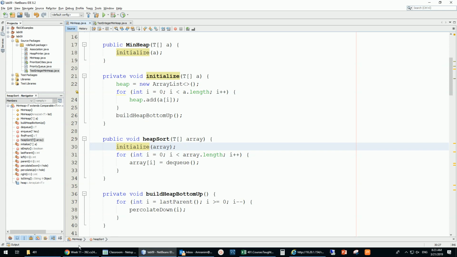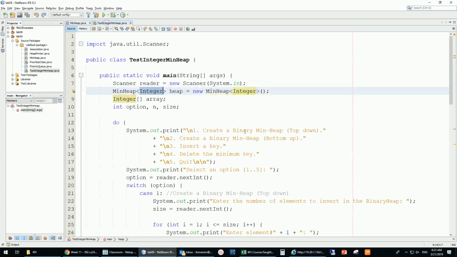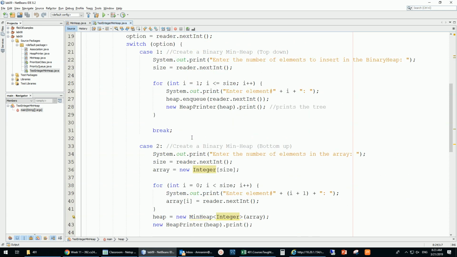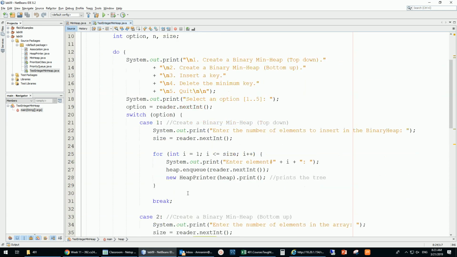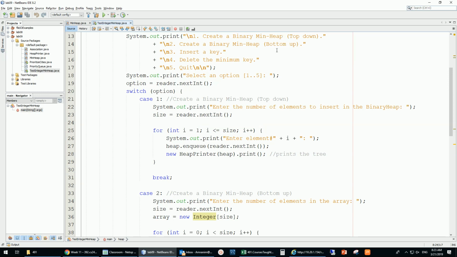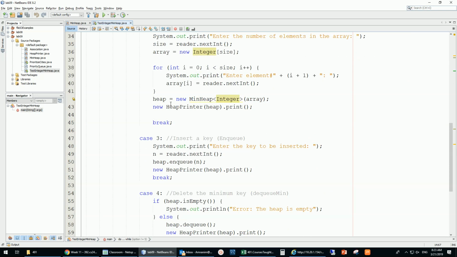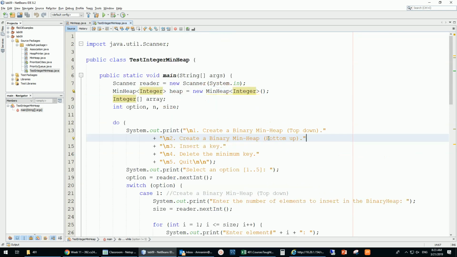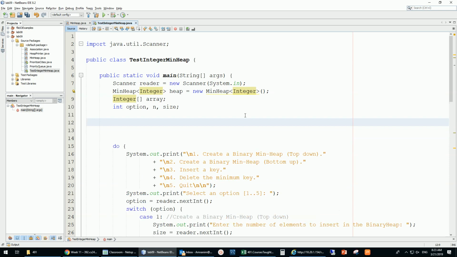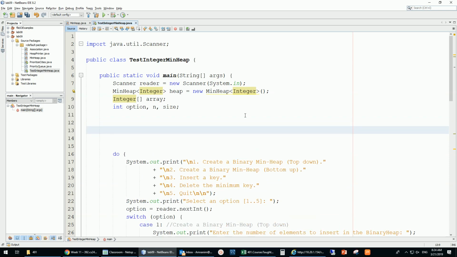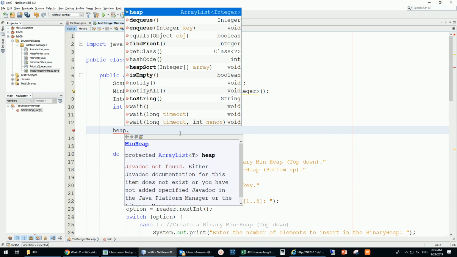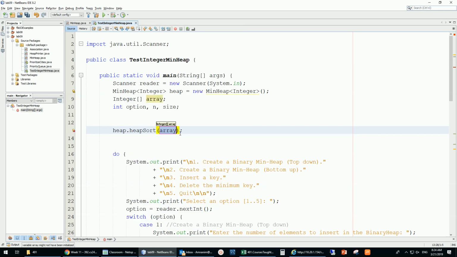All right. Do you want to test it? If you'd like to test it, we need to add a new entry, something like create the binary min heap bottom up, and then call it. We'd have to enter all the values, or instead of doing the whole thing, we can just call this. We have the heap here, so we can just have this heap.heapSort, and this is a heap of ints, so new